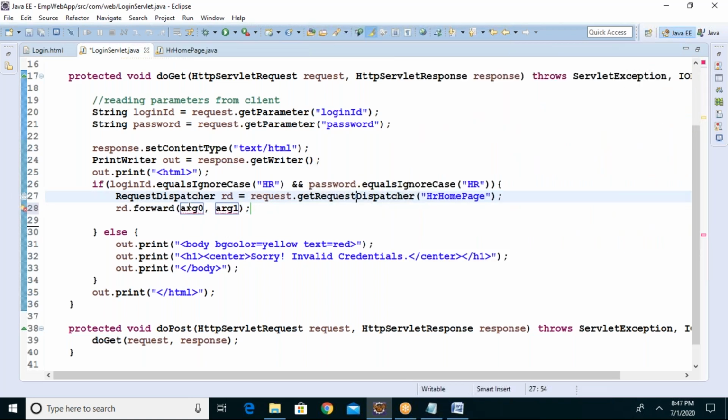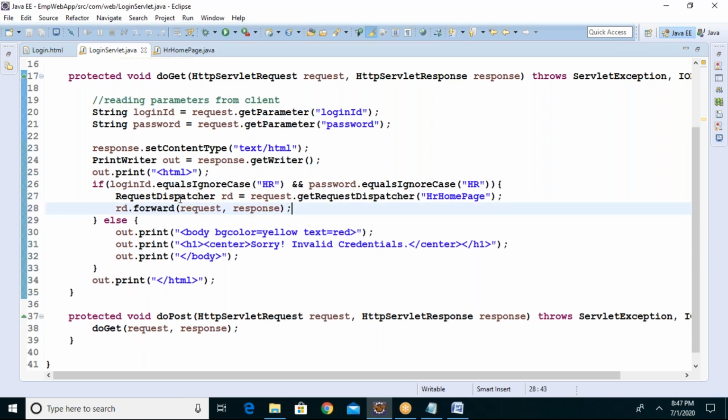I use forward and I pass the request object and the response object.